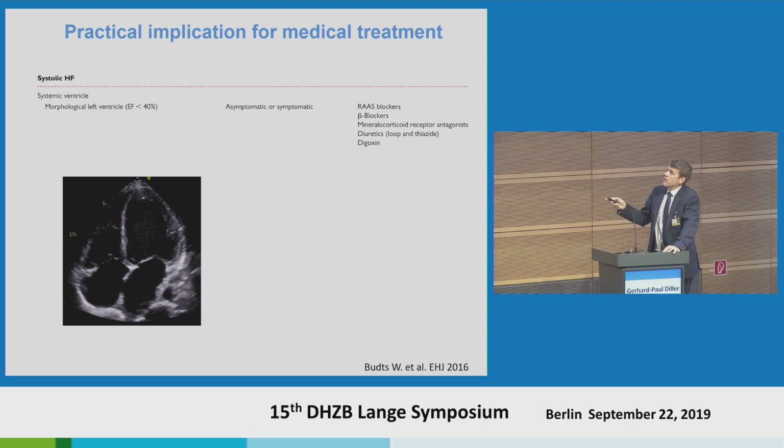So one good point to start, of course, is if you have a patient with a systemic left ventricle and a reduced left ventricular ejection fraction, for example, a coarctation patient or a patient with another form of congenital heart disease who develops this condition, it is very reasonable to apply all the data that we have from non-congenital heart failure. So to treat these patients proactively with ACE inhibitors, beta blockers, MRAs, diuretics, you name it. So I think this is a very straightforward group where we should apply the heart failure paradigm, and we should treat these patients proactively with heart failure